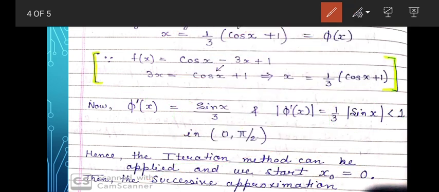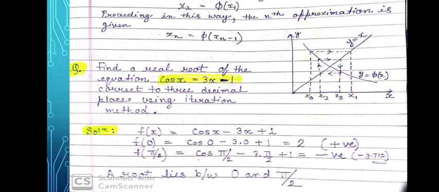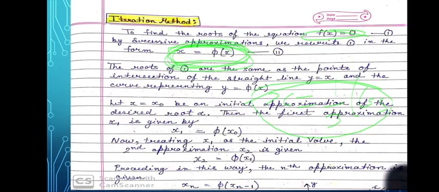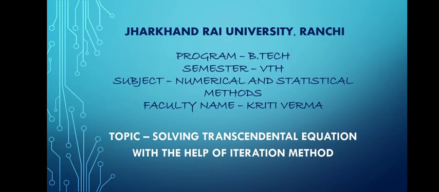We will do one more question from the iteration method, which is an algebraic equation. This equation was a transcendental equation. We will do one more question with an algebraic equation. Whatever question I am solving, you have to solve it in your copy on your own. Try to solve that question on your own, then only will you understand what the exact procedure is.